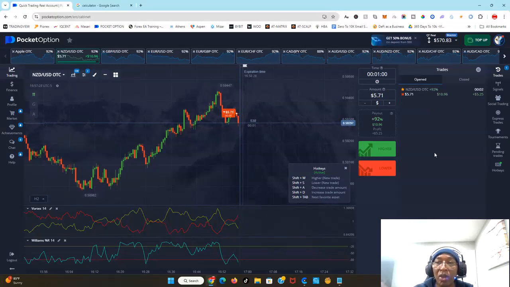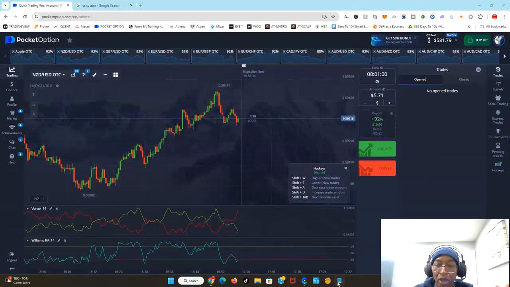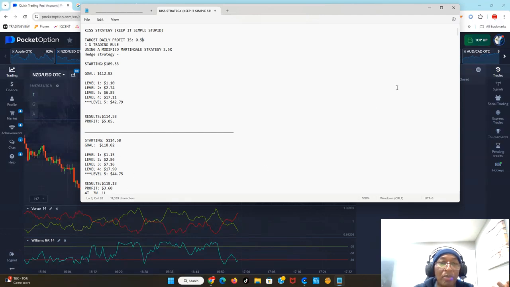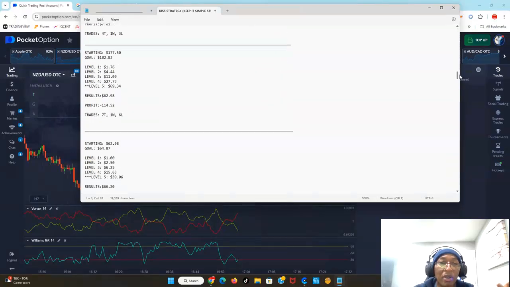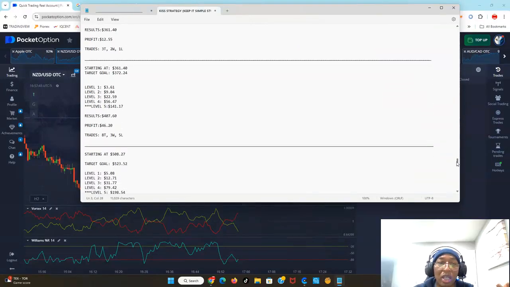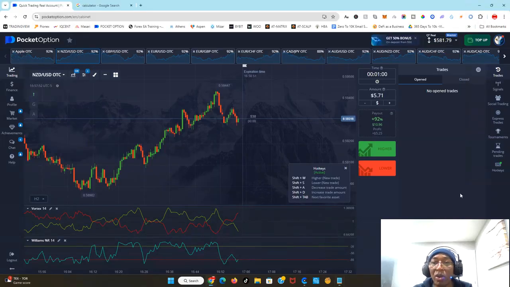Boom, boom, boom. 581. So that's the second trade, and it's in the money. We are getting close to our goal. Our goal was, let's go back here, I think it was 588. Anybody on the chat? Put that on the chat. 588. Yeah, see, that's our goal for the day. So once we get our goal, we call it quits.